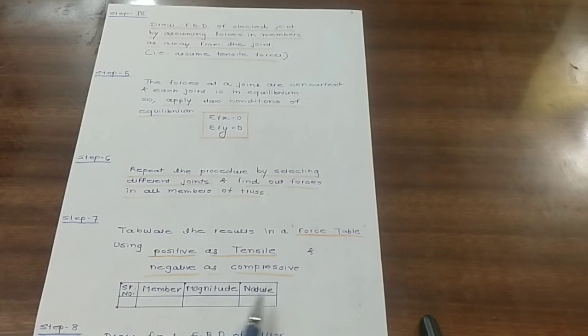You have to make four columns. First is serial number, means how many members are here, you have to put the numbers. Then members, means member names, that is member AB, member CD, member BC, like that. Then magnitude, means you have to put the values of those forces, that is if it is positive 50 kilonewton, then the nature is tensile. If it is positive, you have to put tensile in the nature column. If it is negative, you have to